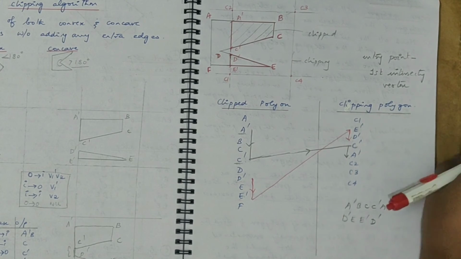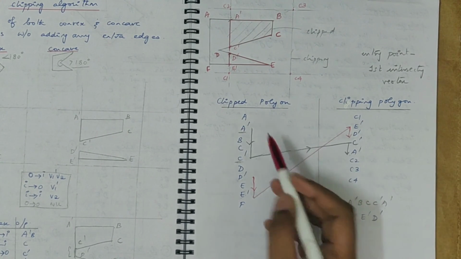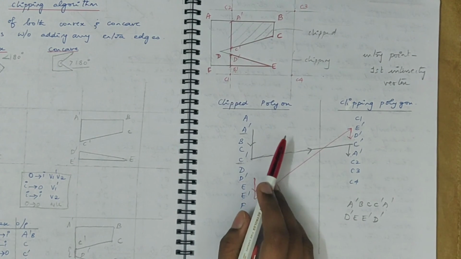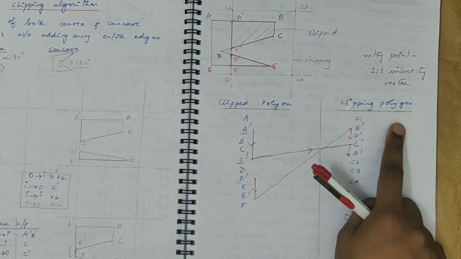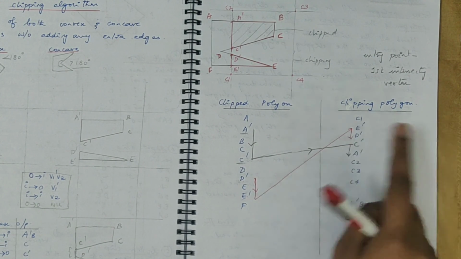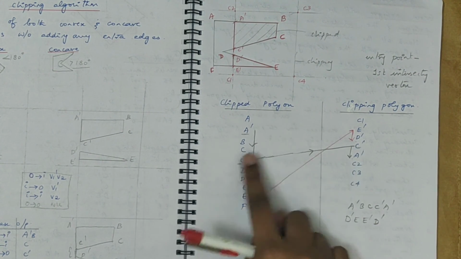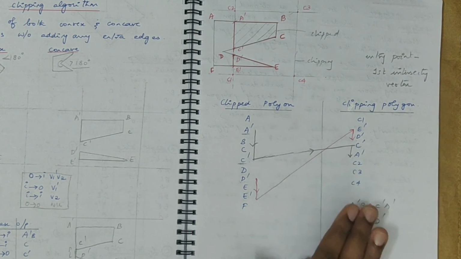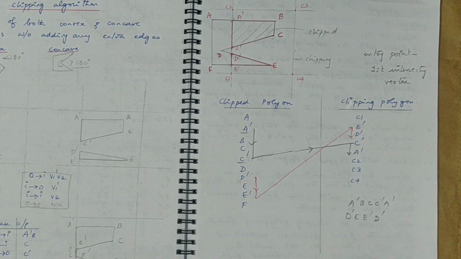Okay, so this is a very simple algorithm. You just have two lists, the clipped polygon list and the clipping polygon list. You start with an intersecting vertex initially, which is your entry point, and then you traverse a list until you get the next intersecting vertex. Then you keep switching to the second list where you get the intersecting vertices in the reverse order. So you keep repeating this until you traverse all the vertices at least once. Okay, so this is the overall algorithm.